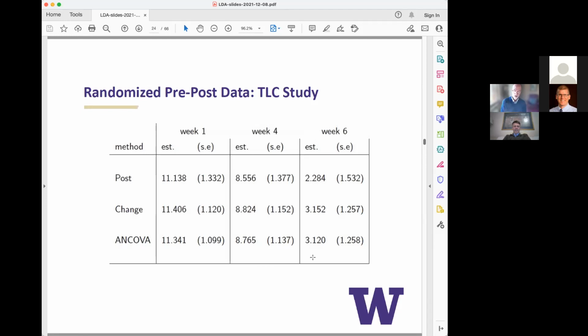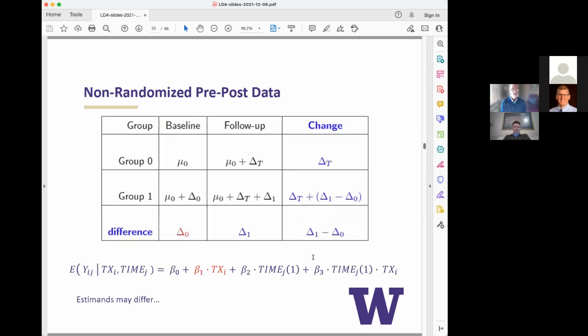Okay. What our prior slide said was transition, and then I'll come back to longitudinal analysis. Transition is to say I'm talking about randomized pre-post data, and I want that to be clear. If it's not randomized, I can't say the baseline difference is 0. I would definitely and naturally put treatment effect in the model. And now all my estimands differ.